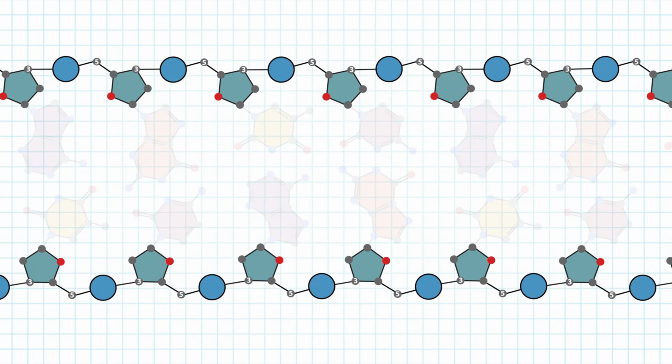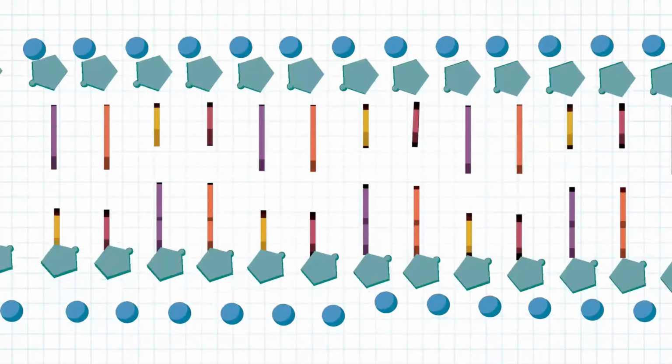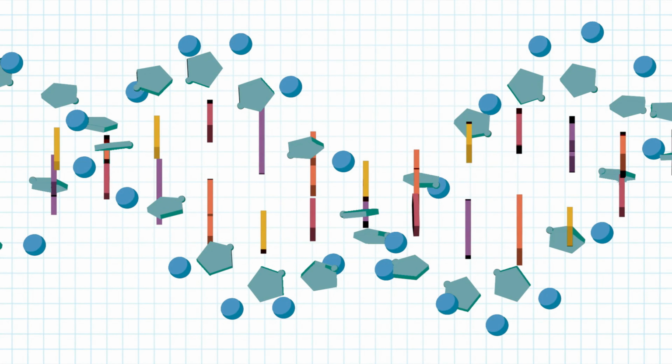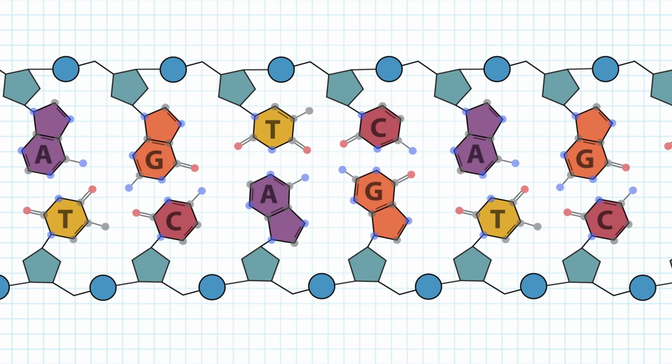Looking within the sugars, there is an intrinsic orientation difference between the two strands. On the top strand, you can see that the 5' carbon of each sugar is on the left and the 3' carbon is on the right. The opposite is true for the bottom strand. Reading left to right, that makes the top strand orientation 5' to 3' and the bottom strand orientation 3' to 5'. Keep in mind that this double-stranded DNA is still a double helix, and we have simplified the representation by flattening and unwinding the helix here to better see the atomic structure.